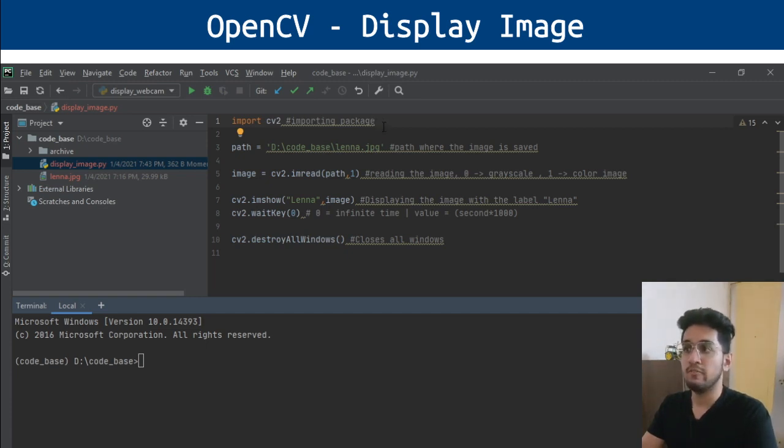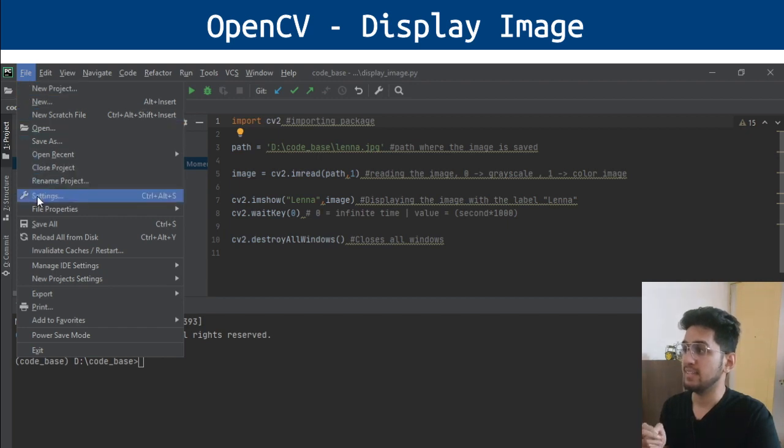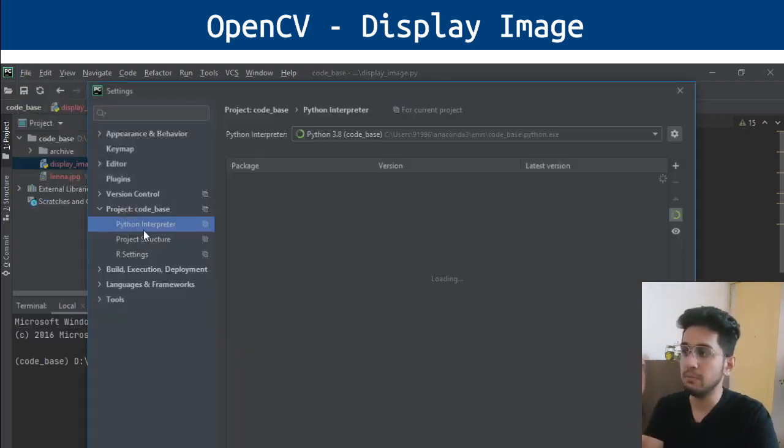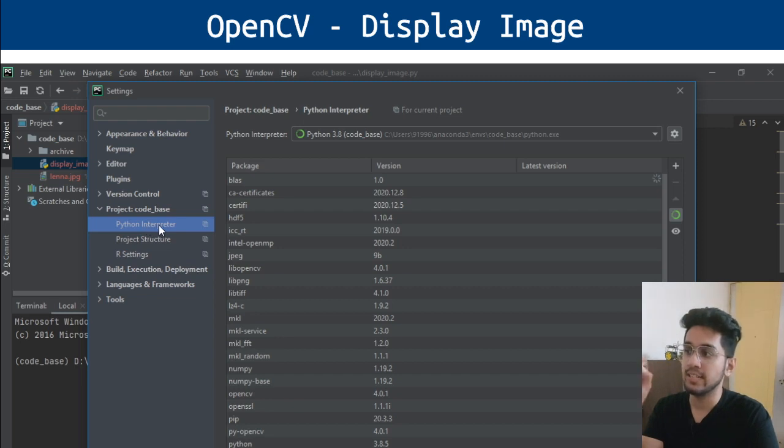Now, if you have not installed the cv2 package, I will show you the steps how you can go. First go to File and then Settings. And over here you will be able to find the option Project Interpreter under your project option. So just click on that project interpreter and on the top right hand side of the window you'll find a